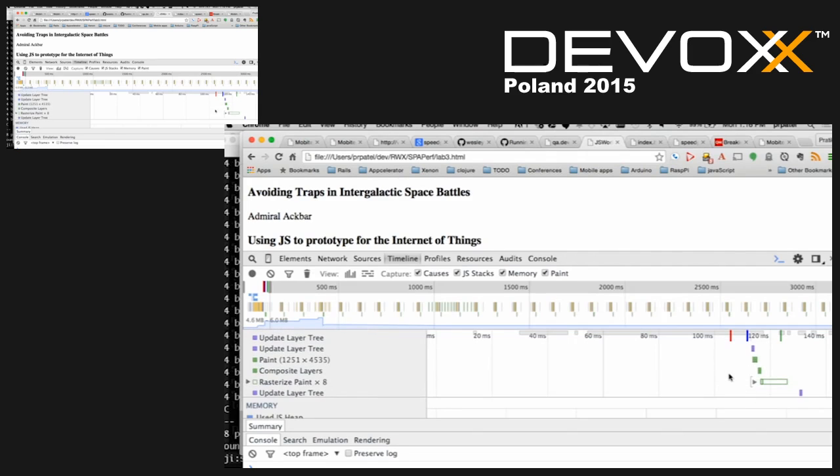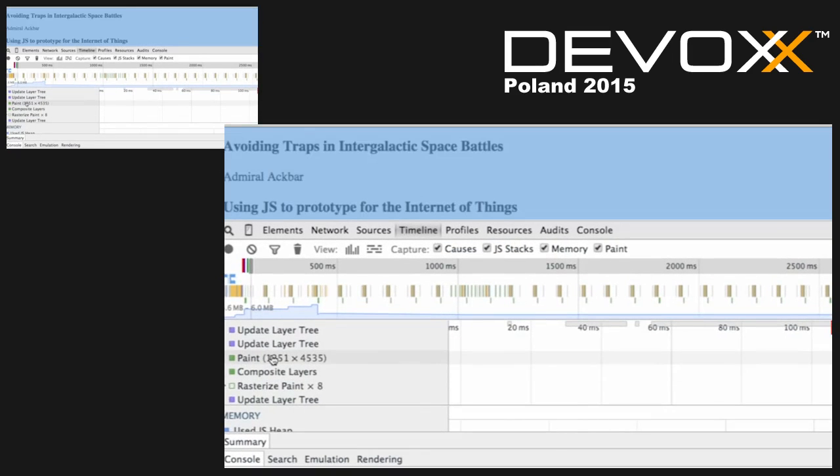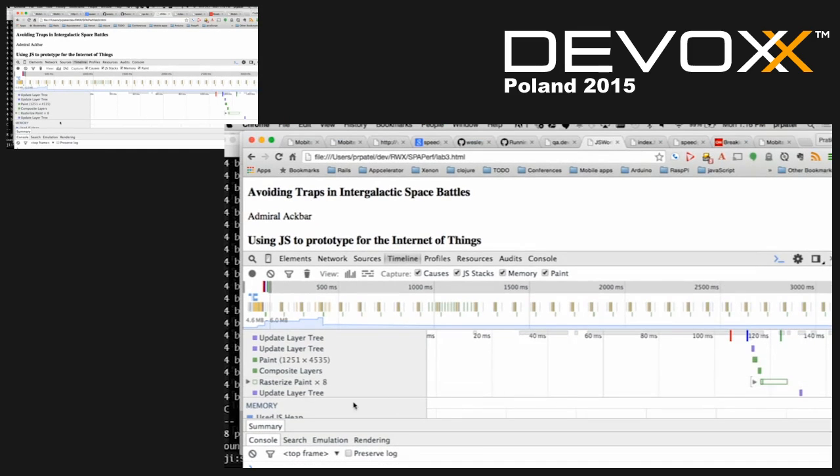And then towards the end, you can see, if we zoom in here, we do paint and a composite, which is part of the paint process, and then a raster. The reflow will be in here as well. Okay, but those are essentially the last few steps. Get everything ready, update the tree layers, and then do a reflow and repaint around the actual content of this